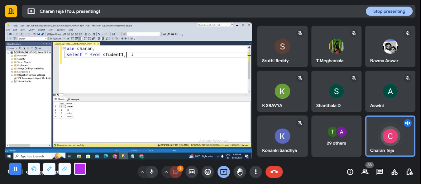Here I am going to use the student one table. In the student one table, I have s name, c name, and this data. Now I don't need all this data. I want to insert new data into s name, s number and c number. So I want to keep this structure as it is, but delete the data